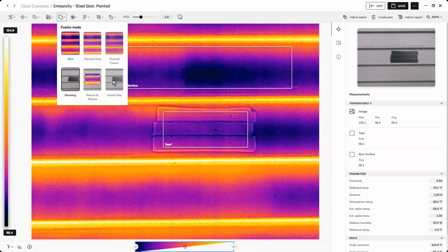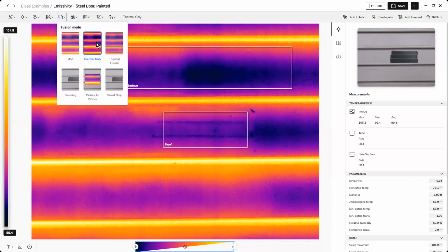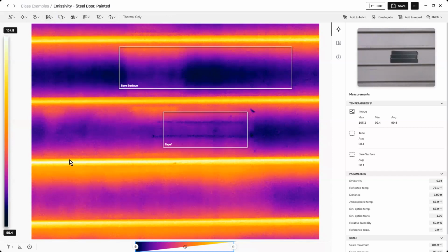We've got the fusion modes that we talked about. So if I want to do thermal only now, remember we did this one with MSX on. Oftentimes we'll drop out MSX when we're looking at features, when we want to focus on the thermal features. Is we switch it back so that we're only looking at the thermal items, because the MSX, the visible image, allows us to see surface, but often we're going to use thermography to be trying to find subsurface flaws and